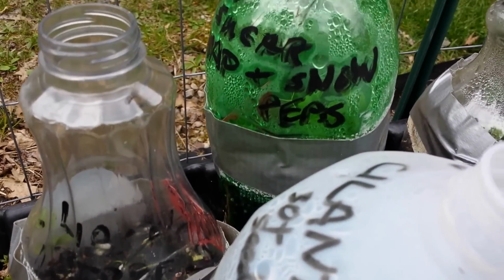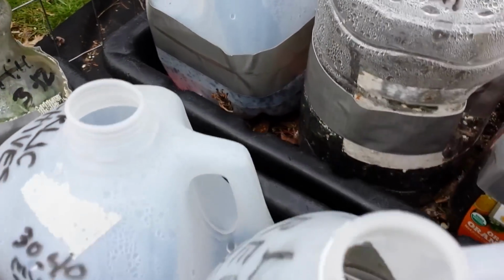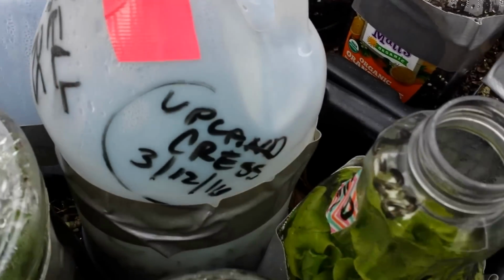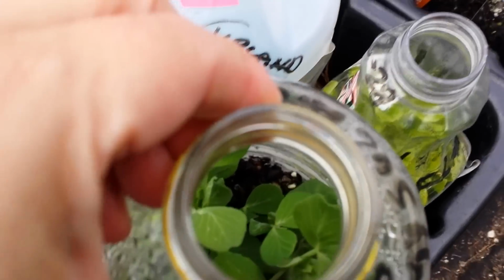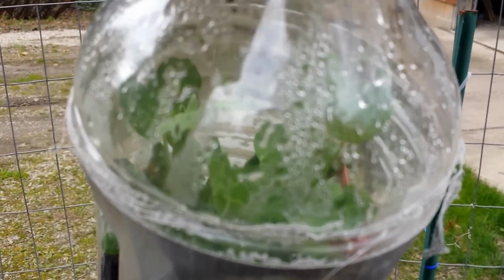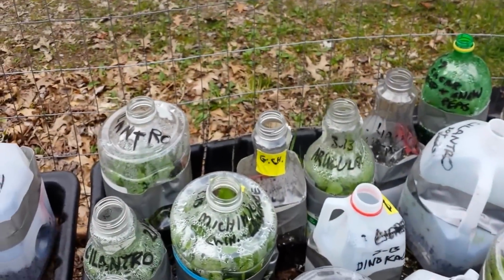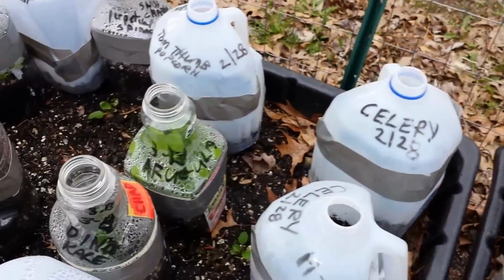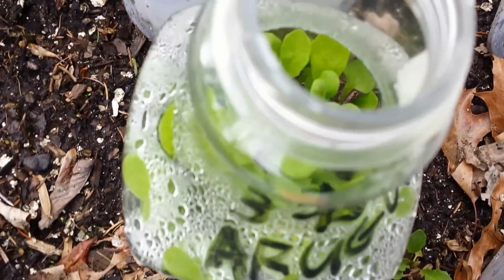I've got sugar snap and snow peas, upland cress. What's that one? More upland cress, sugar snap peas. And yes, it's worth it, even though they grow really fast, and you can put them in really soon, direct sowing. Look at that, to have nice big seedlings like that this early in the game. Nice jump start. And then lastly down here, my good Dino Kale, more arugula,